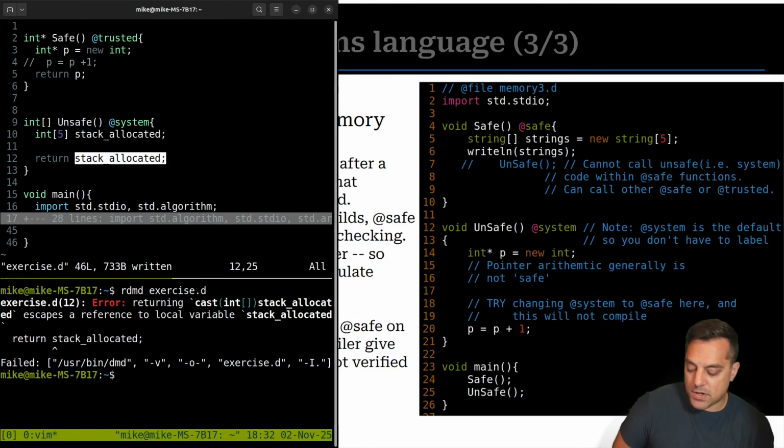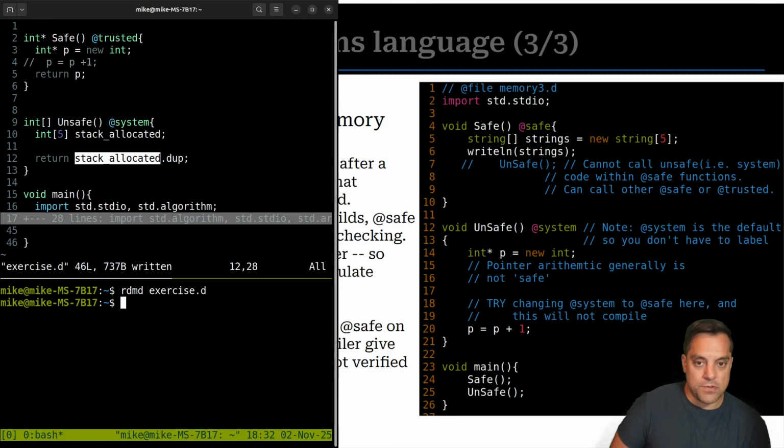If I wanted to return this, how would I do it? I'd have to make a duplicate, right? So it's its own unique thing. Okay, that way I'm always getting new memory. So these are the types of things that you learn sometimes by using another language. And even if you go off and use C++ or whatever at your job, you'll have learned, or hopefully have built in, these habits here.